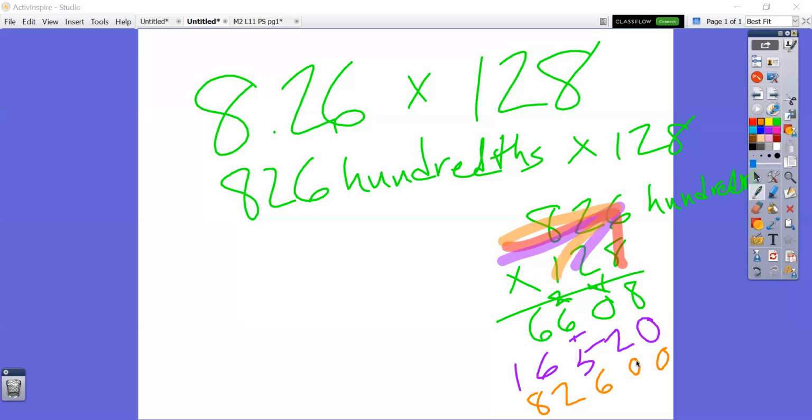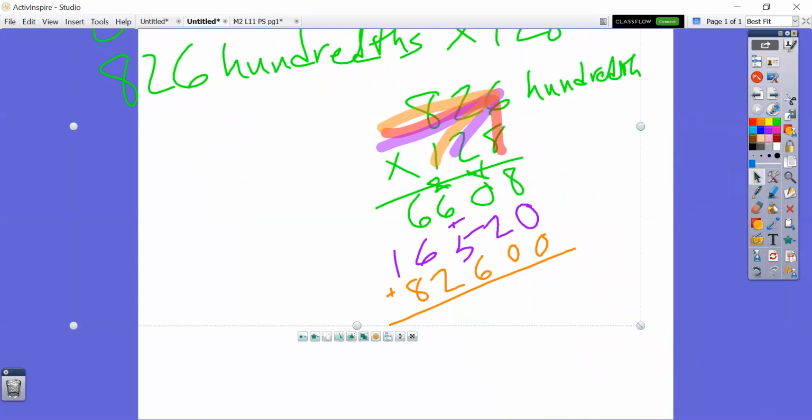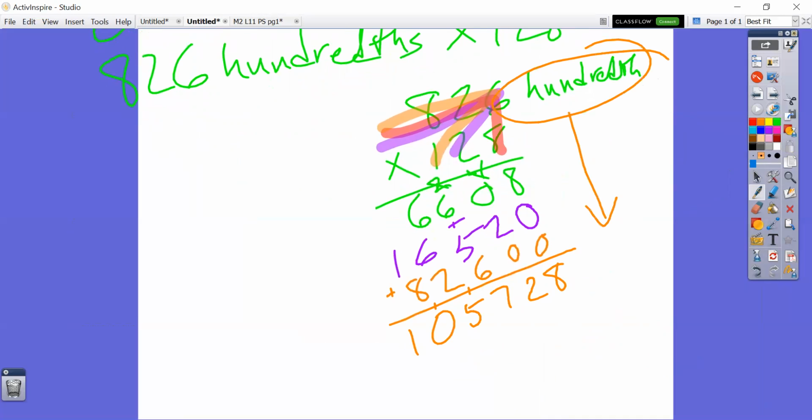So now we have to add those. Let me go ahead and move this so I could work on this. Now let's go ahead and add. 8, 2, 5, 6 plus 5 is 11, plus 6 more is 17, 6 plus 6 is 12, plus 3 is 15. All right, but remember, we weren't talking about just whole numbers, we were talking about hundredths. So that unit needs to come down with our answer. So we have